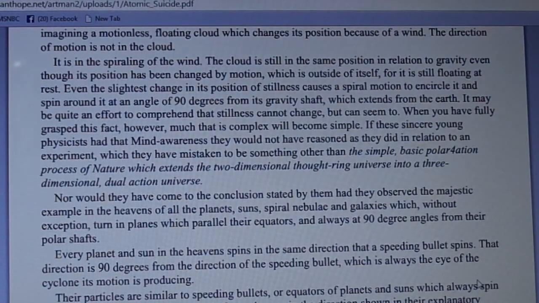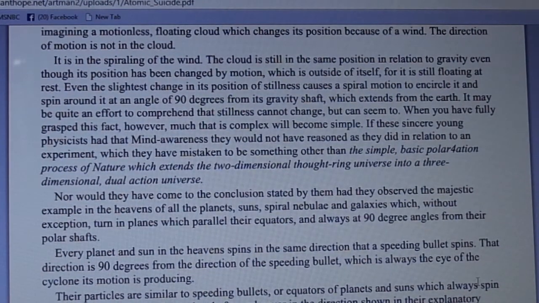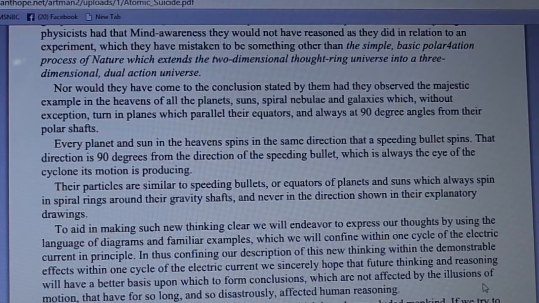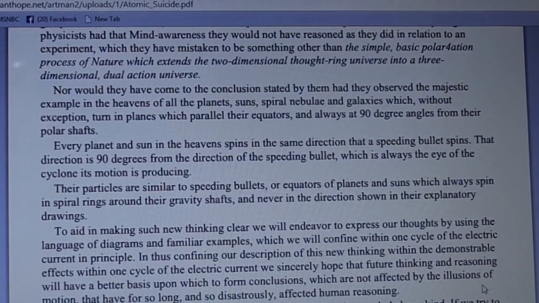That direction is 90 degrees from the direction of the speeding bullet, which is always the eye of the cyclone its motion is producing. Their particles are similar to speeding bullets, or equators of planets and suns which always spin in spiral rings around their gravity shafts, and never in the direction shown in their